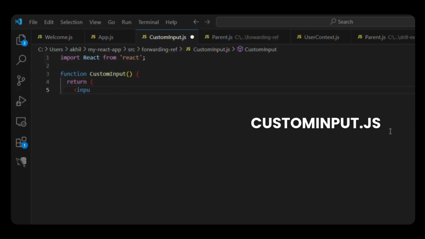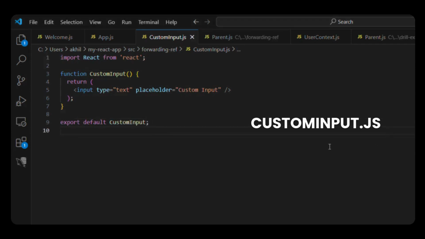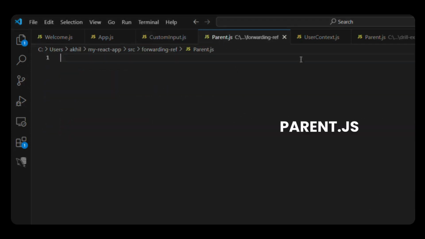Import React from React. Function CustomInput, return input type text placeholder "Custom input". Export default CustomInput. And then in Parent.js, import React,